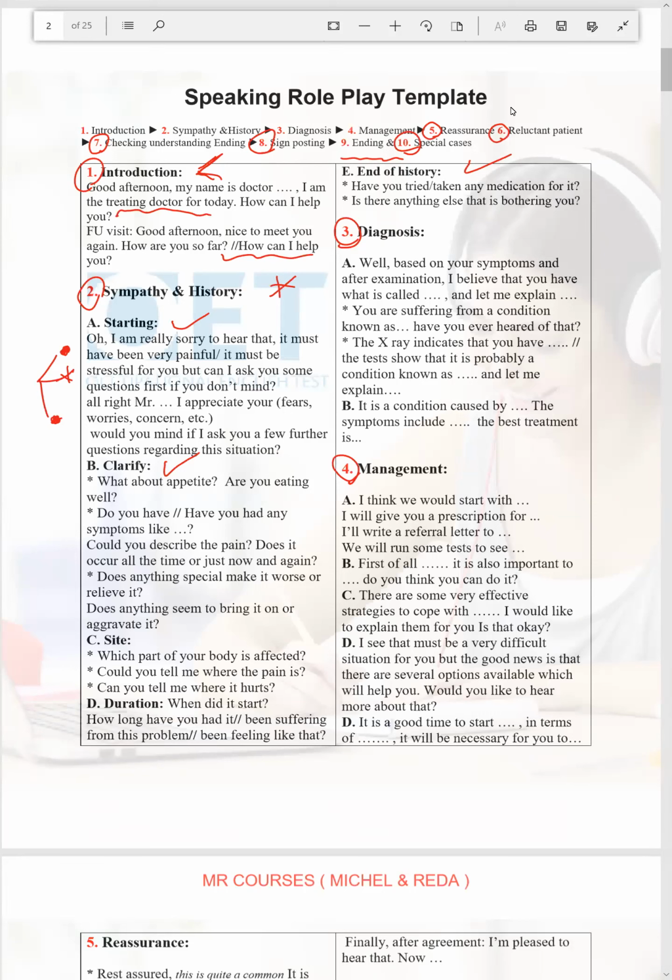You will lose marks because intonation is important to clarify the sympathy, along with your body language. But this is a recording, so your body language will not be displayed in the record. This is not a TV, okay? So you have to show it by the intonation of your voice, to be louder, like: I'm really sorry to hear that. It must be very painful for you. But can I ask you some questions regarding your complaint?